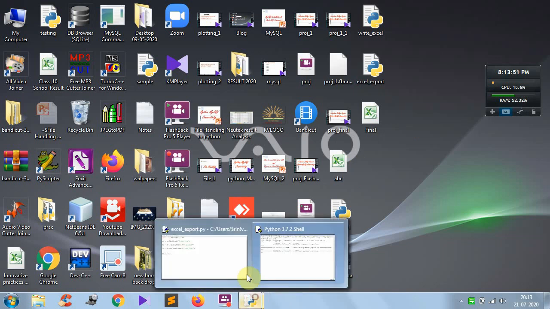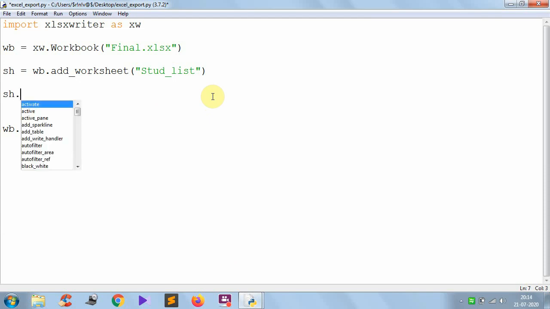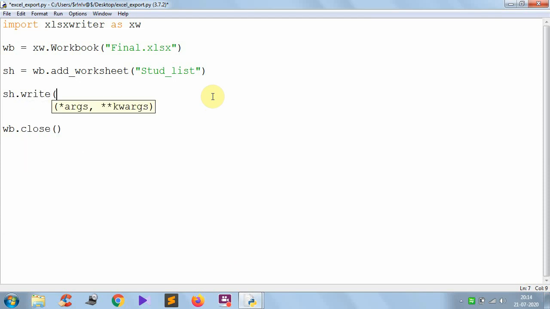So now let's get into our main concept. This is how you can create the worksheet. Now in the given worksheet, I want to add the data. So how to add the data? For that, use the worksheet dot, meaning in this sheet I want to store the data. That's why use the sheet name. One function is there, write. By using the write function, you can insert data into the Excel sheet. In the write function, there should be 3 parameters. The first parameter should be the row index.